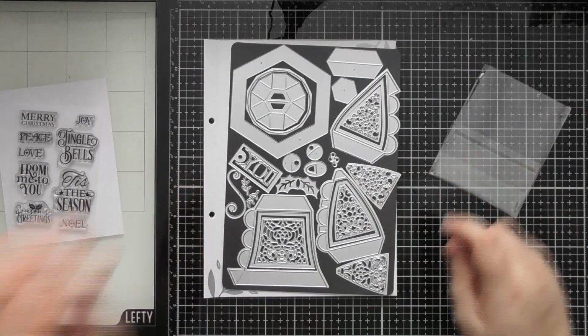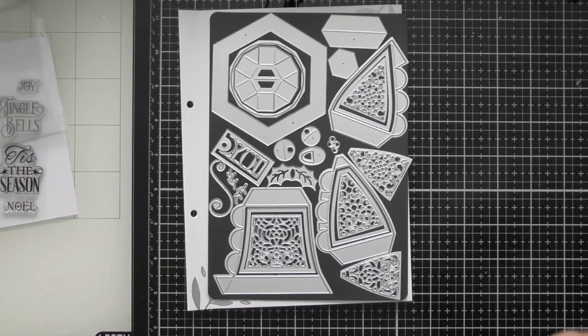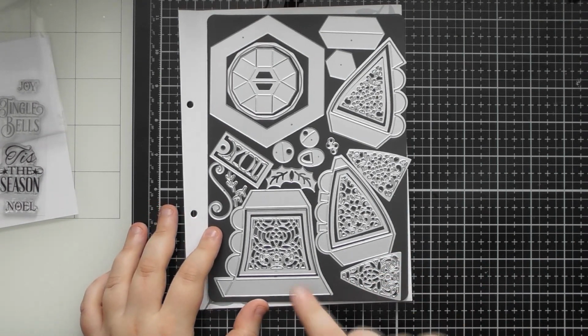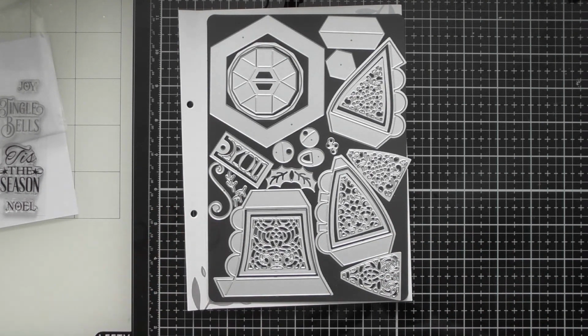And then here are all of the dies in this month's kit. I didn't get the instruction sheet in my kit, but you will get a sheet of instructions showing you exactly how to put the bell and the bauble together. However, when I show you mine, I adapted the bell so that it makes a slightly larger gift box,